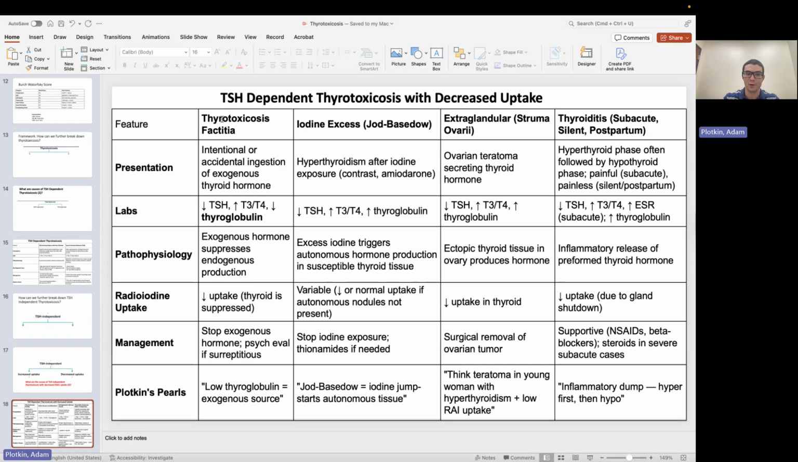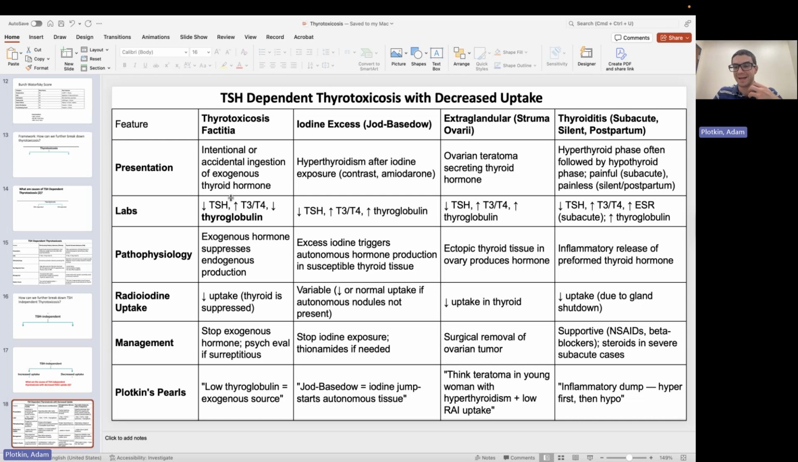So they're going to be thyrotoxicosis factitia, iodine excess in the Jod-Basedow phenomenon, extraglandular like struma ovarii, or thyroiditis like subacute, silent, and postpartum. Okay, so we'll talk about thyrotoxicosis factitia first. So this is incidental